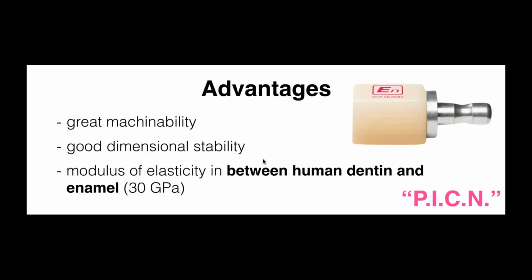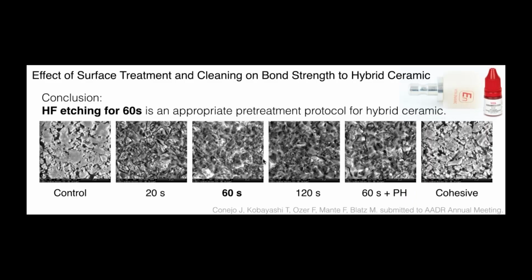So going back to the bonding part, I already explained how to bond to the titanium base, right? We air particle abrade with aluminum oxide, then we apply the MDP primer, okay? And then we will use the resin cement, of course. And if we're doing one of these VITA Enamic implant solution monolithic restorations,